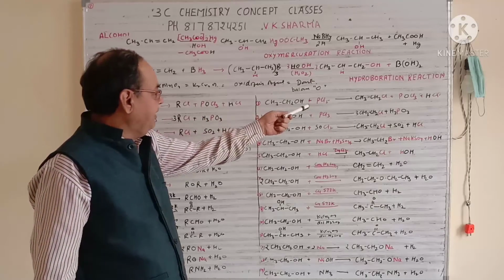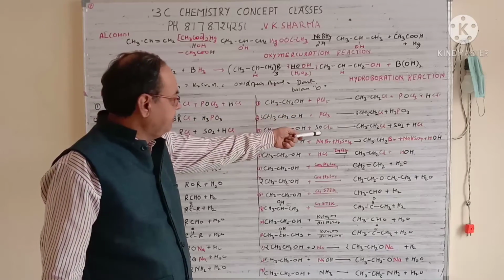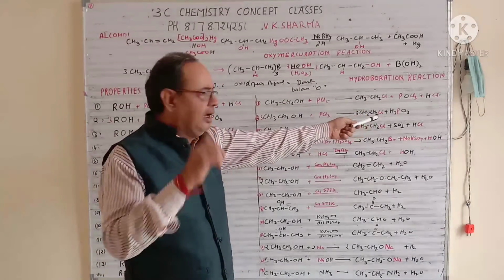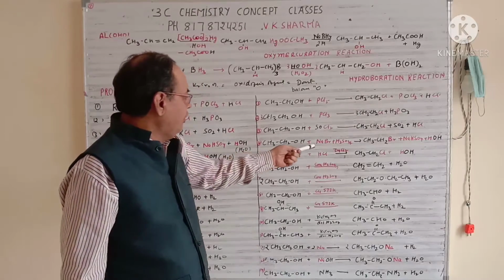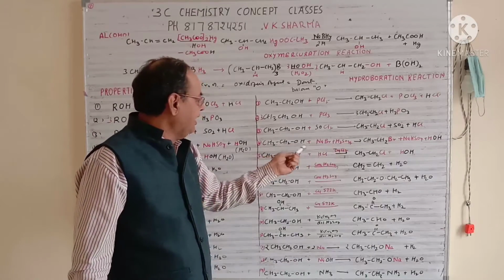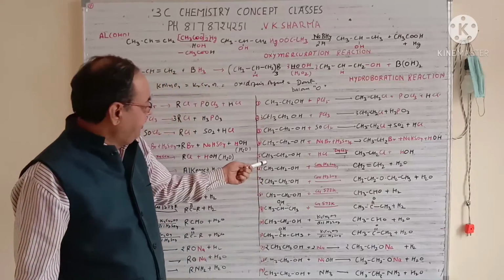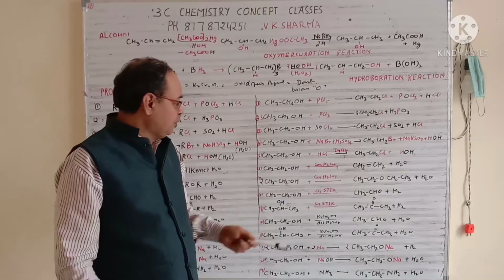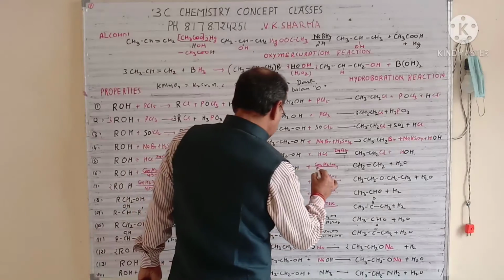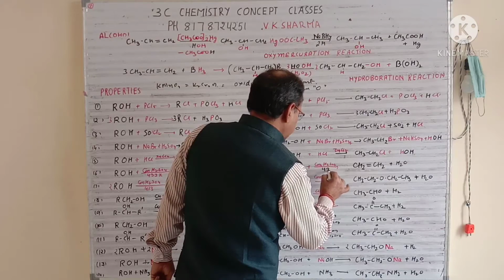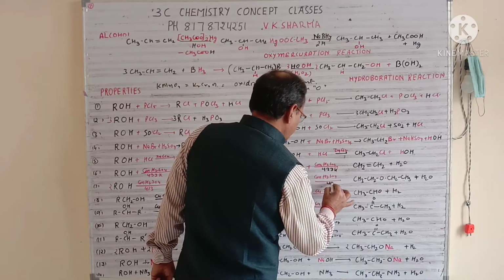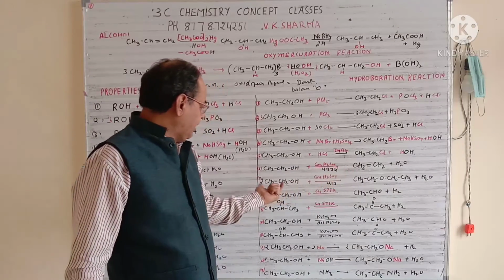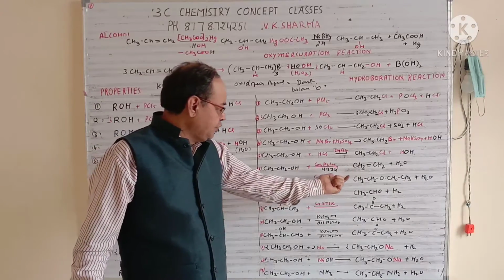So ethyl alcohol when reacting with PCl5, PCl3, SOCl2 will give you ethyl chloride plus the product which we have already done in alkyl halide. In the same way, ethyl alcohol with NaBr will give you ethyl bromide. Ethyl alcohol with HCl gives you ethyl chloride. Ethyl alcohol with concentrated H2SO4 at 433 Kelvin, and this one at 413 Kelvin. So with 433 Kelvin it gives you ethene, but twice alcohol with 413 Kelvin gives you ethoxyethane.